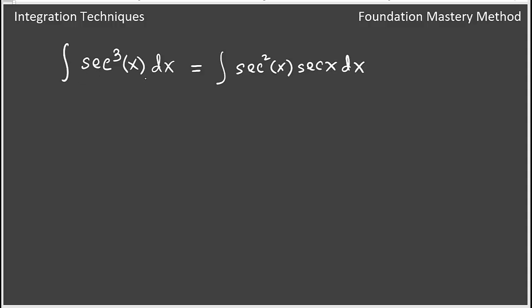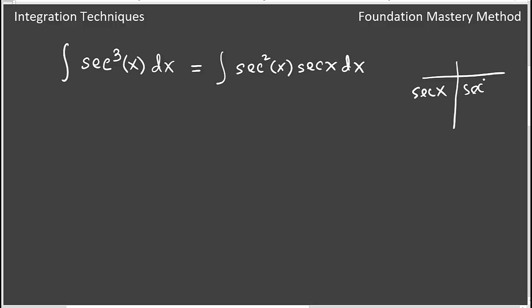We cannot integrate directly, so let us split this one into secant squared x times secant x. Now we'll be applying the product rule, or integration by parts. We know the integral of secant squared x and the derivative of secant x. So we put here secant x